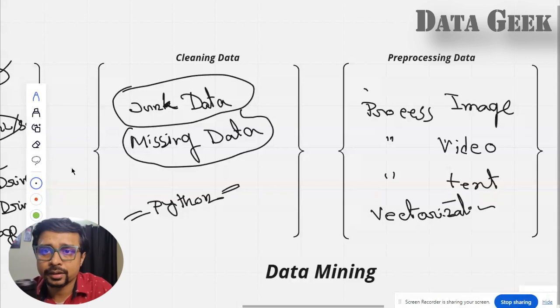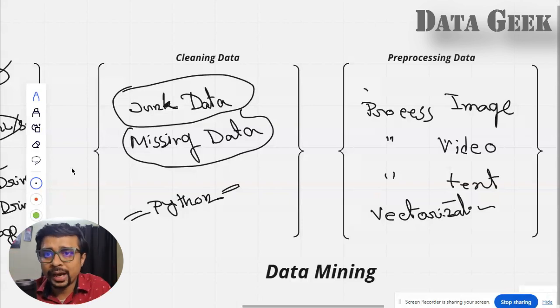Suppose I have collected 5 email addresses. My database tells me I am supposed to have 5 email addresses, but when I go to the data, I see there are not 5, there are only 4. One is missing. Maybe the name of the user is there, but the email address is not. Somebody has not given it, and my data has been captured that way. So we need to handle that.